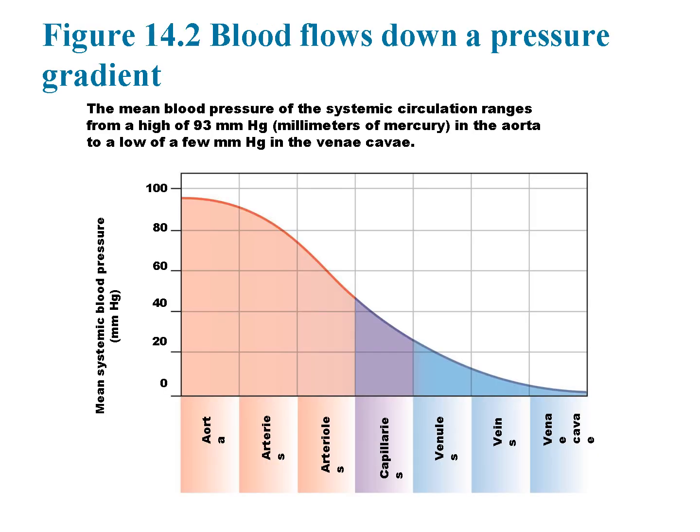Blood circulation is driven by a pressure gradient, where blood moves from areas of higher pressure to areas of lower pressure. This graph illustrates the decline in mean systemic blood pressure as blood flows from the aorta through the systemic circulation. At the start of systemic circulation, the highest pressure is observed in the aorta, with an average of 93 millimeters of mercury. As blood moves into the arteries and arterioles, pressure gradually decreases due to the branching and increased